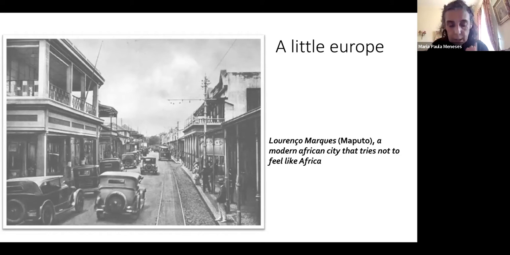metropolitan spaces. So the question here was not just the renaming of the space. So we'll see this street downtown Maputo, now called Olof Palme, which was then Conselheiro Pedroso. But this occupation of the territory that became known at that time, at the end of the 19th century, as Mozambique, was also the emergence of another historical narrative glorifying the colonizing mission of Portugal, the civilizing mission, and the occupation